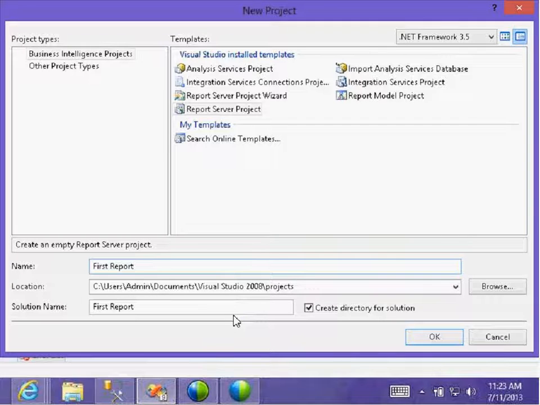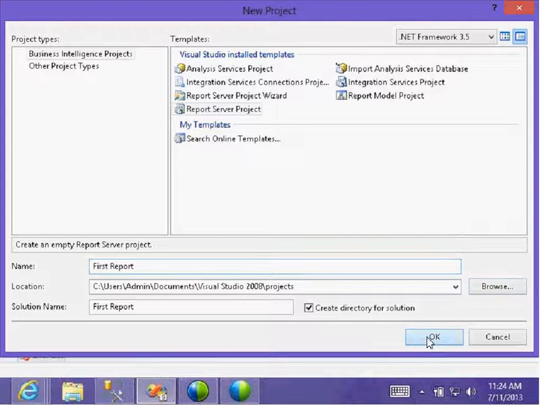After developing the report, the report format will have the extension .rdl, and the solution format will be there too. If you want to change the location of your report project, you can do that.